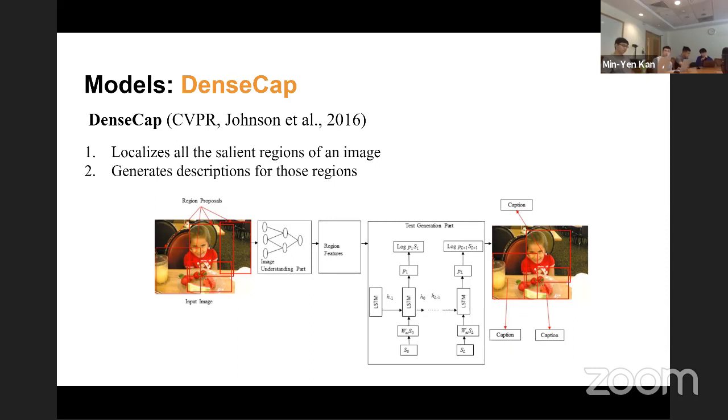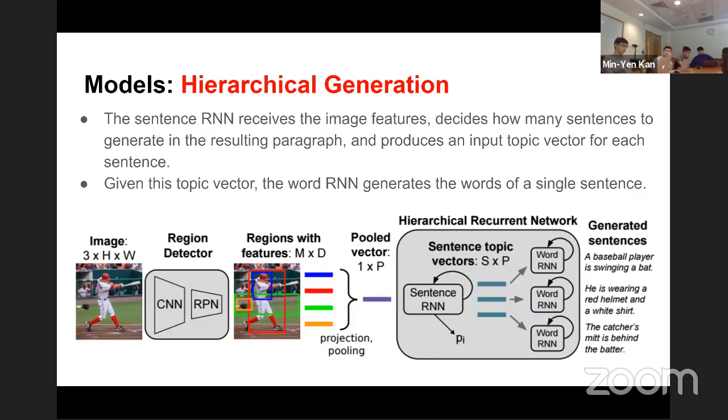This model is like what I said. It is a compositional model. It first localizes all the certain regions of an image and then generates descriptions for those regions one by one. And this model is a recent model used for image paragraph generation. It's called a hierarchical generation model. The idea is also very simple, in my understanding. First they use a CNN to encode the image feature, and then you also use a region detector to extract the region features, and then they feed this